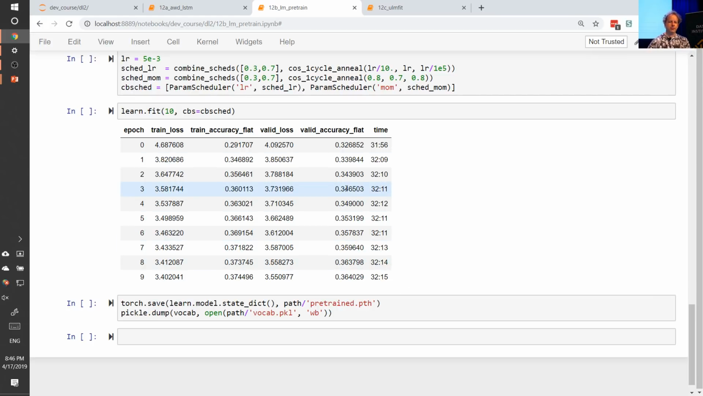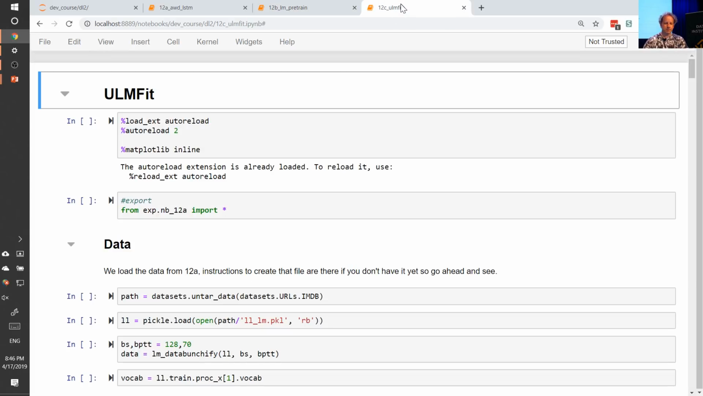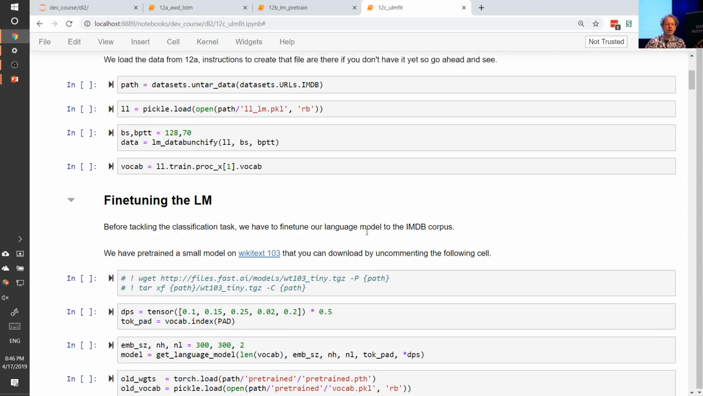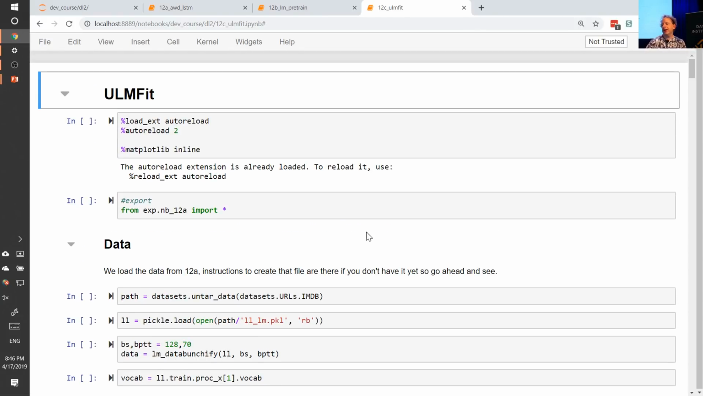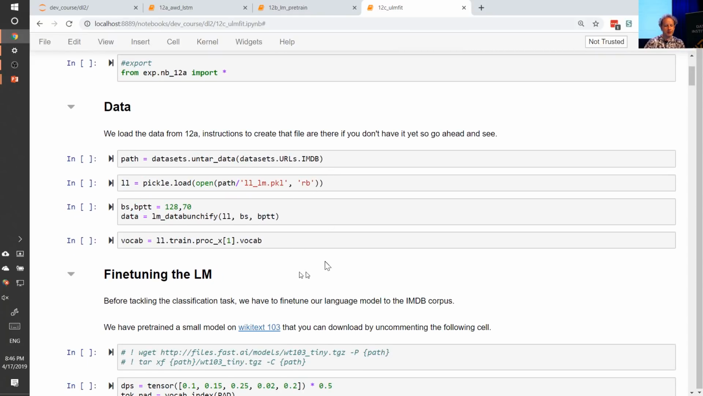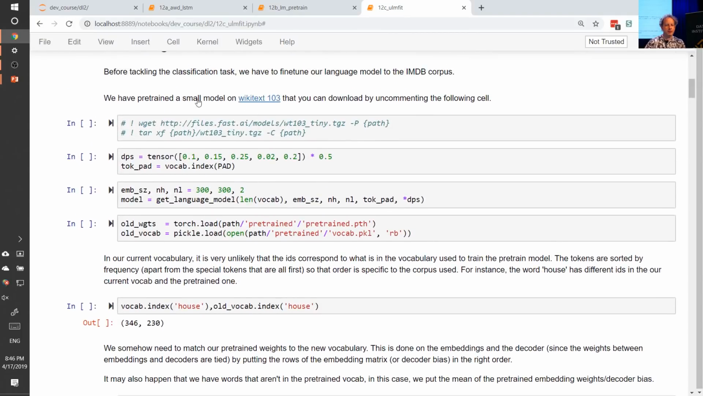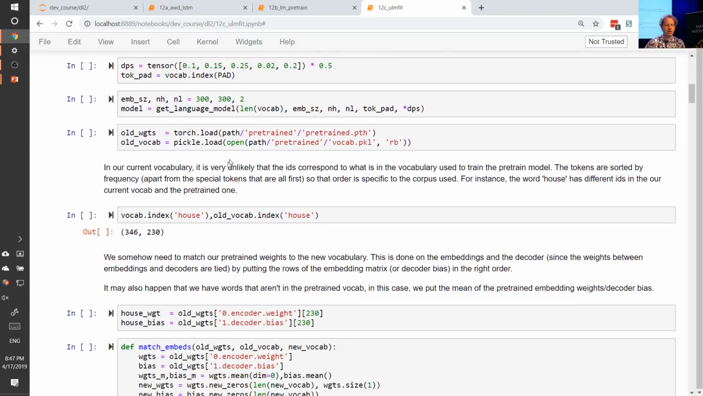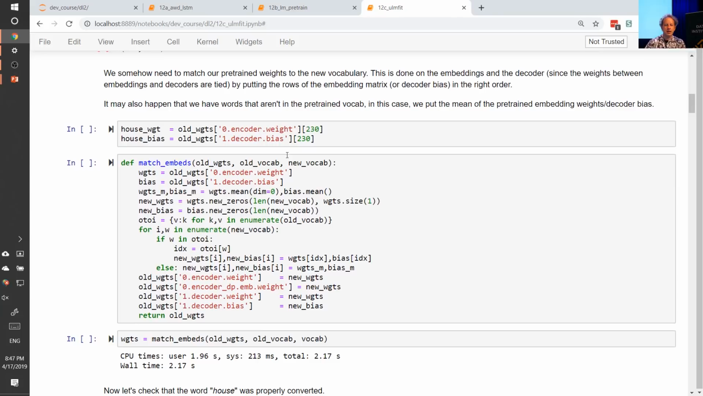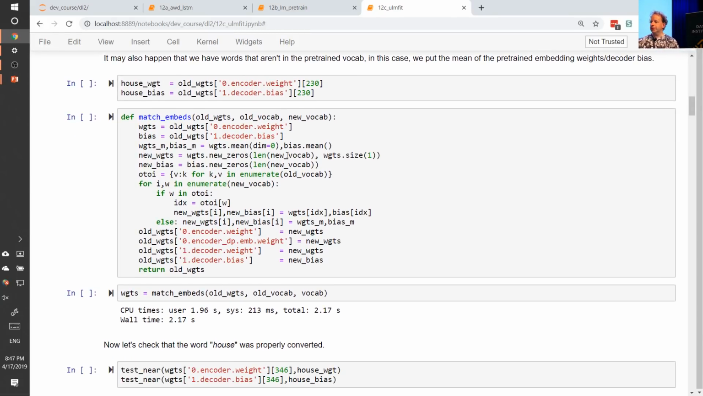Because we don't want you to have to train for 5 hours, you will find that you can download that small pre-trained model from this link. So you can now use that on IMDb. So you can, again, grab your IMDb dataset, download that pre-trained model, load it in, and then we need to do one more step,